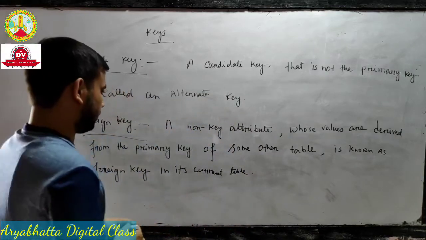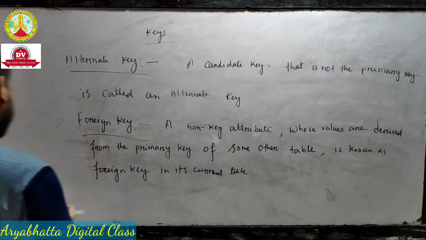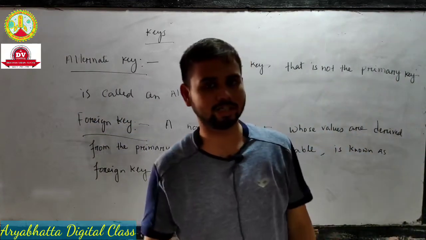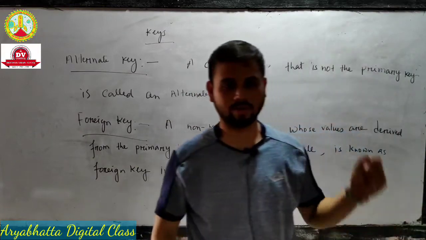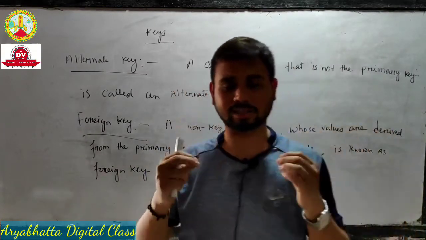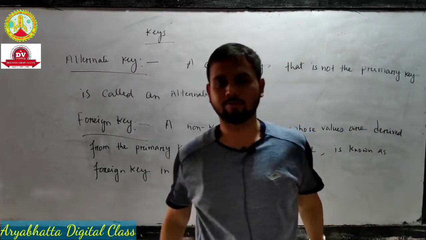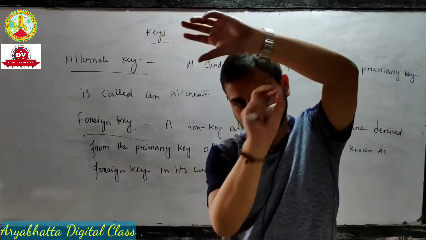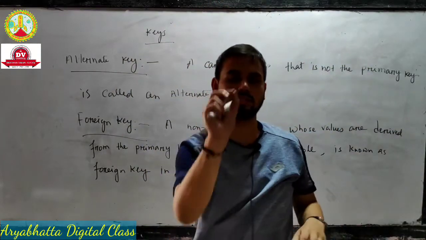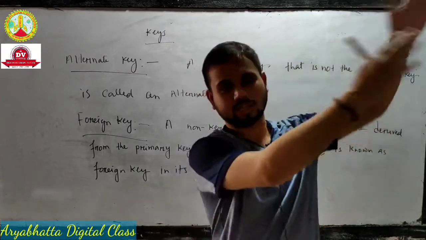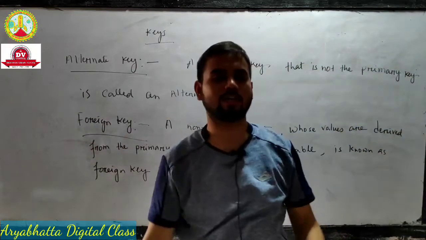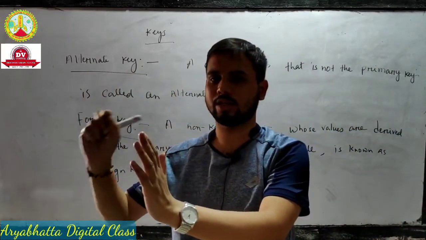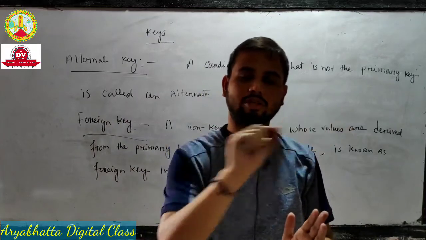Means, you see, okay, for a foreign key we need two tables. You must remember we must have two tables, then we can use a foreign key. Means for one table this is the primary key, and that primary key is the foreign key of another table. That's why its name is foreign key. Foreign means what? The outsider. Like when we say foreigner, it means outside of our country. This one table's primary key is the foreign key of another table. That's why it is called foreign key.